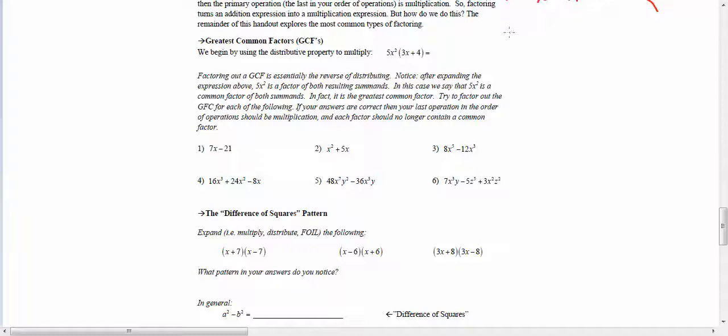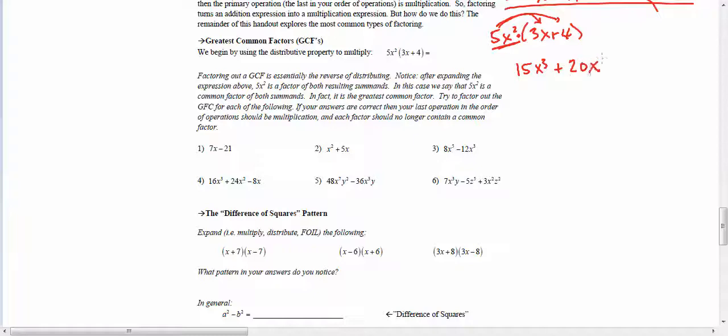All right. If I were to give you this problem, distribute this 5x squared times 3x plus 4, you would multiply in the 5x squared into here, and you would also multiply that 5x squared into here, because this 5x squared is being multiplied by that parentheses. So you need to make sure that this stuff on the outside meets everything inside of that parentheses. So that would become 15x cubed, because 5 times 3 is 15, and x squared times x is 3 of them, x cubed, plus